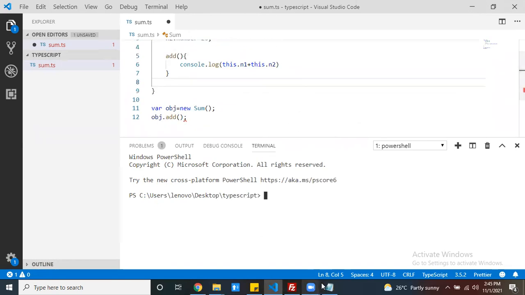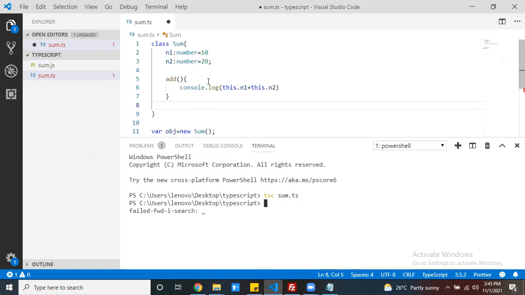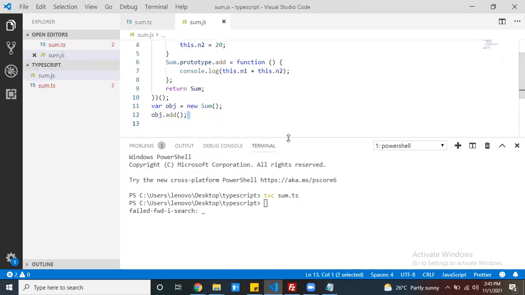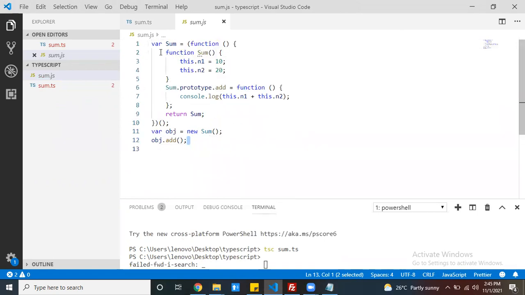Now, what we have to do? Once you've written the program, you have to compile it by using TS. The TypeScript compiler is the one, and my sum.ts is the file. See, if you compile, it looks like this. Sum.js is created. My sum.js is the equivalent file of your TS. See, one JavaScript functional class is created, one method is added into that class, and then it returns the class. For that Sum class, it created an object and called the method. That's it. Once you compile,